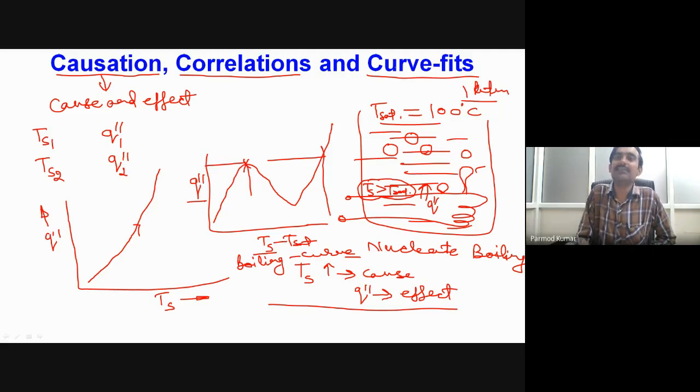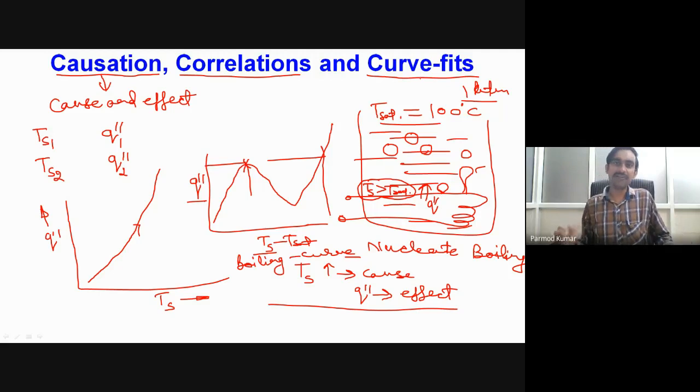And the third thing is curve fit. I have already told you about curve fit. What we try to do here is get the best fitted trend of our experimental data set. So we should not confuse correlation, curve fit and causation. Correlation is something which represents the fundamental relation between our output variable and input variable. Input means what we call the independent variable, and output variable is what we actually obtain as a consequence of the given input.